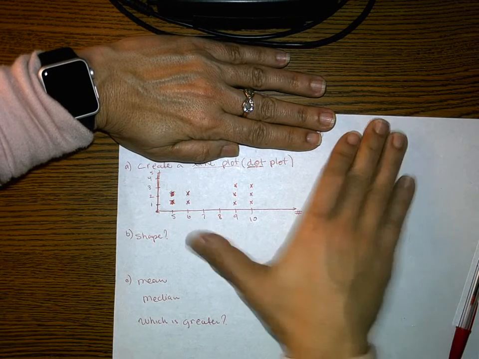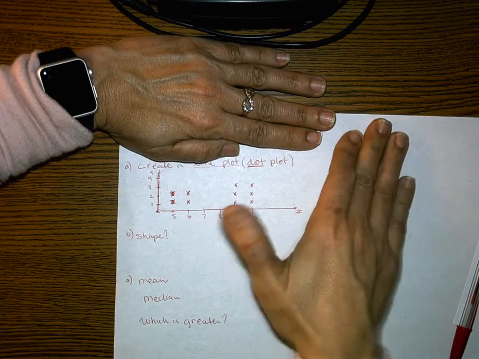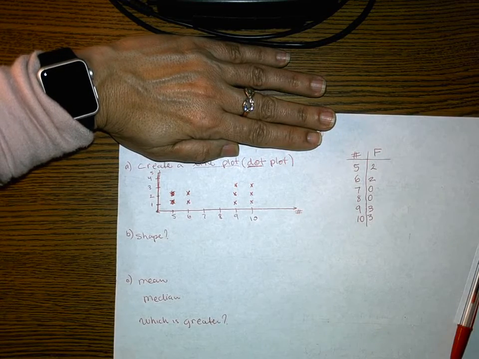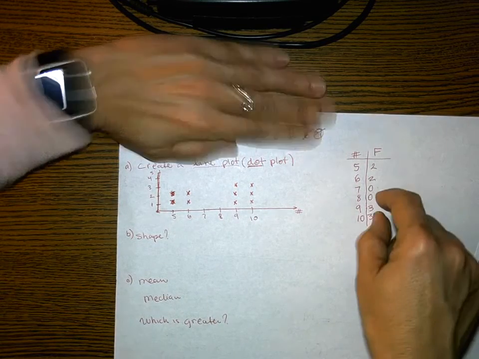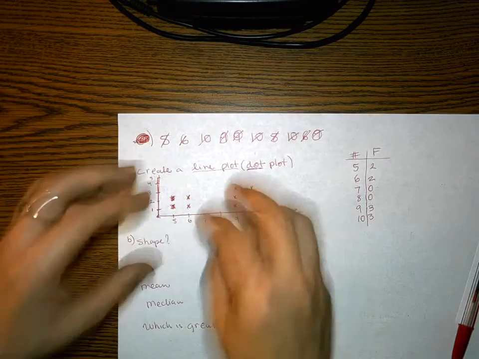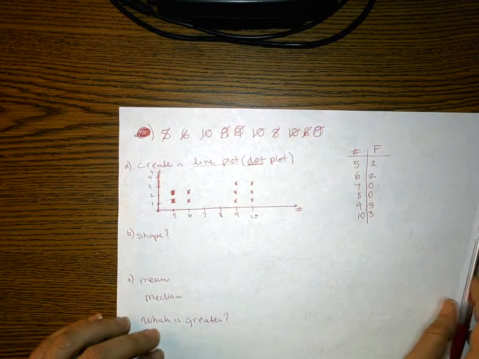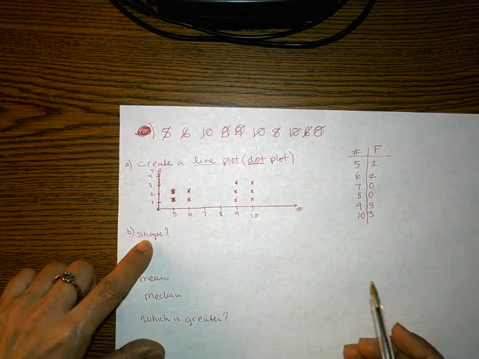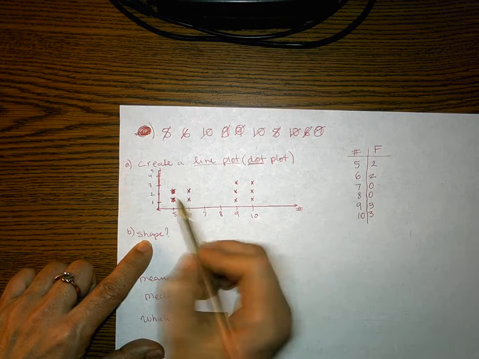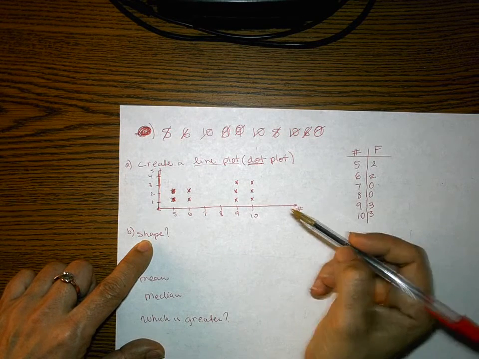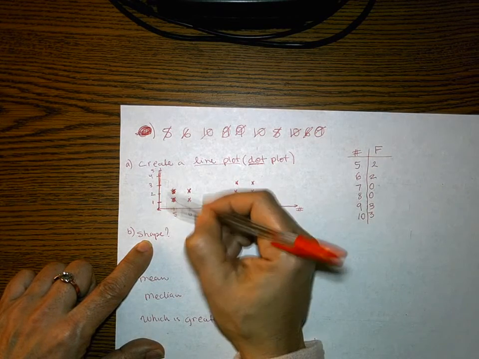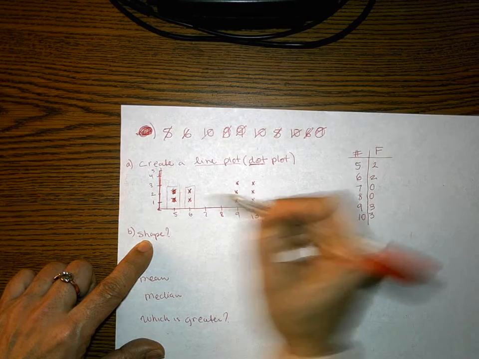Just by looking over here, I can go from here and create this frequency table. And I can go from here and create this line plot. So a line plot, a graph, shows everything I need to know about a data set. What shape would this make? Well, if I was to visualize this as little bars, and you can kind of pretend that they're bars. If I was to visualize this as bars,